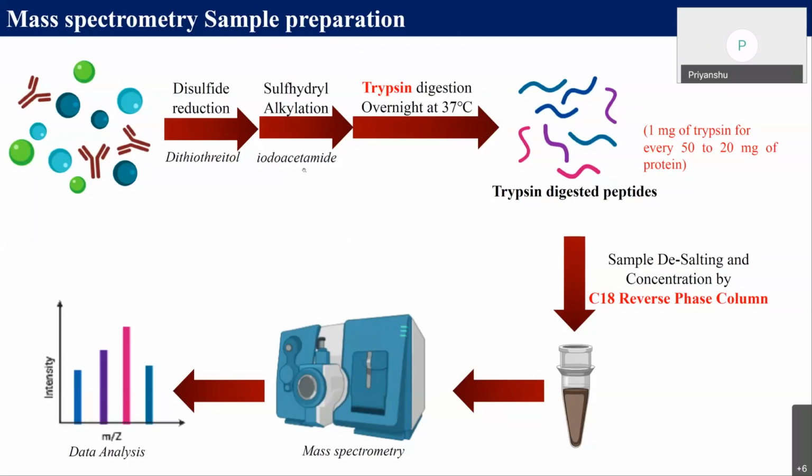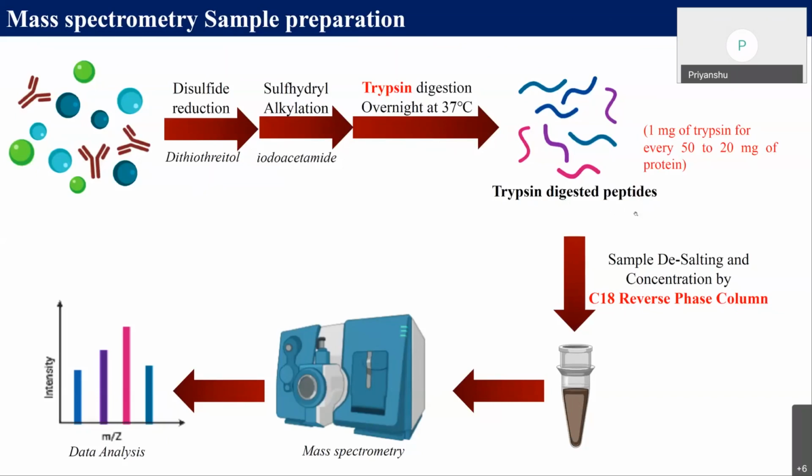Okay, so once you get the linearized form of proteins, you process it with the trypsin digestion protocol. Trypsin is basically a peptidase which is used to break proteins into peptides. I'm giving you one question: how does trypsin digest the protein, and what is the site where trypsin cleaves? You can comment in the chat box.